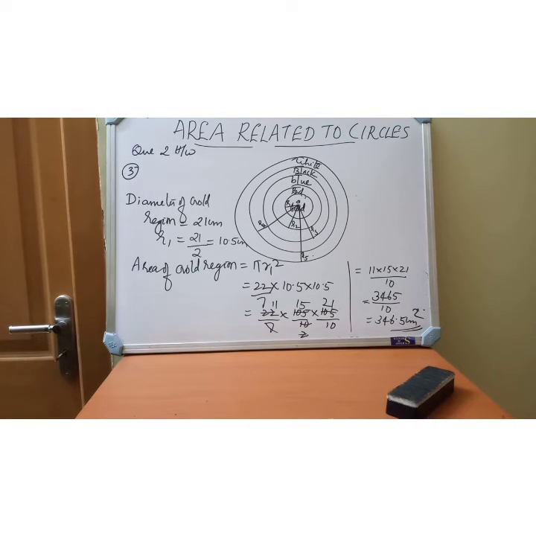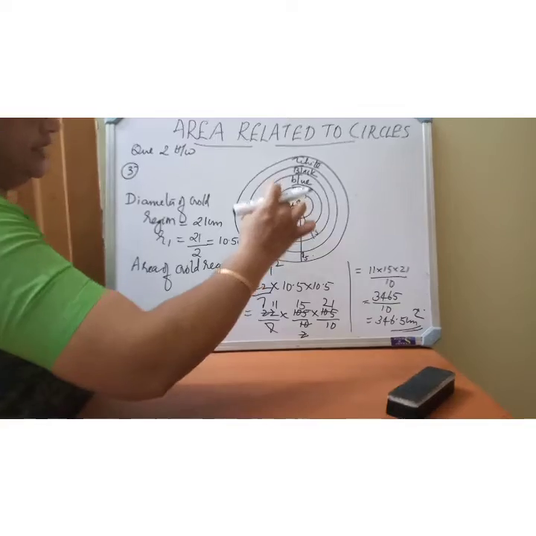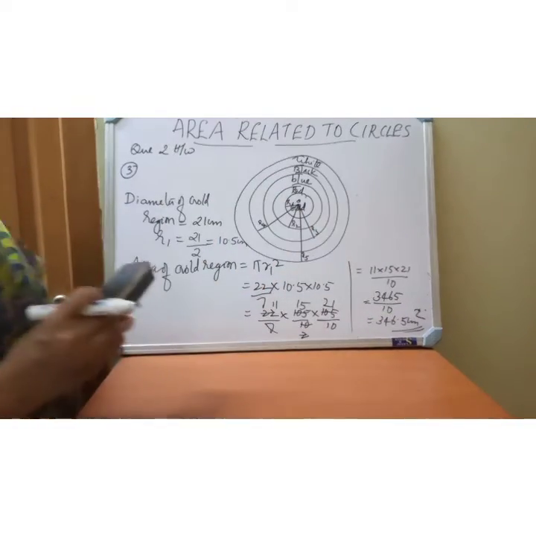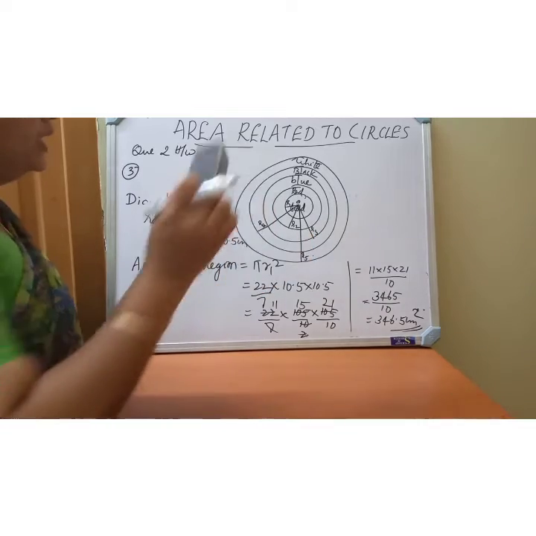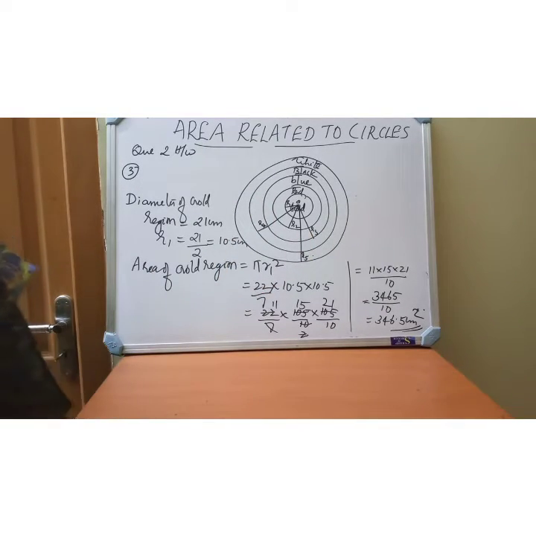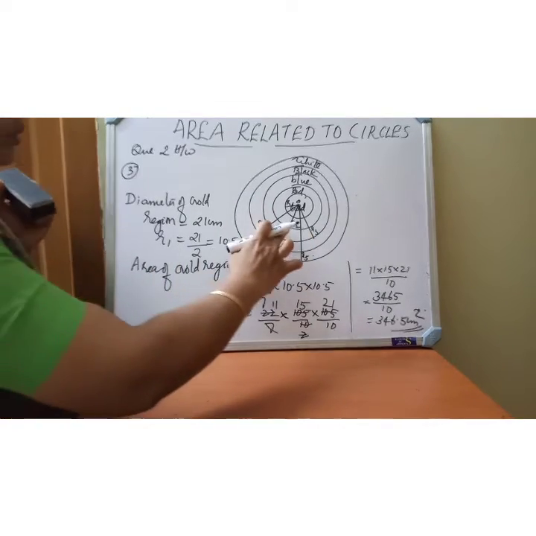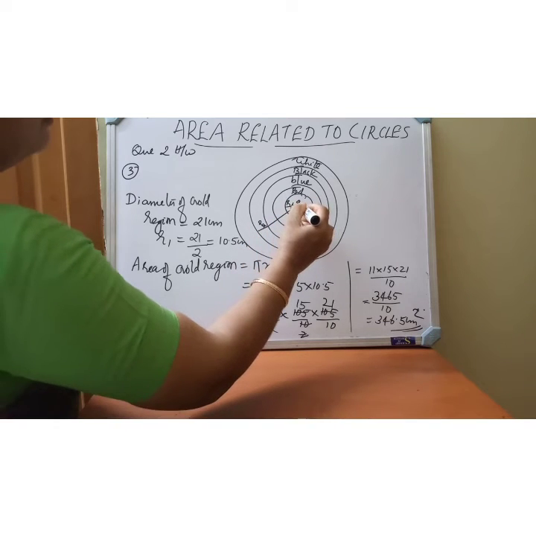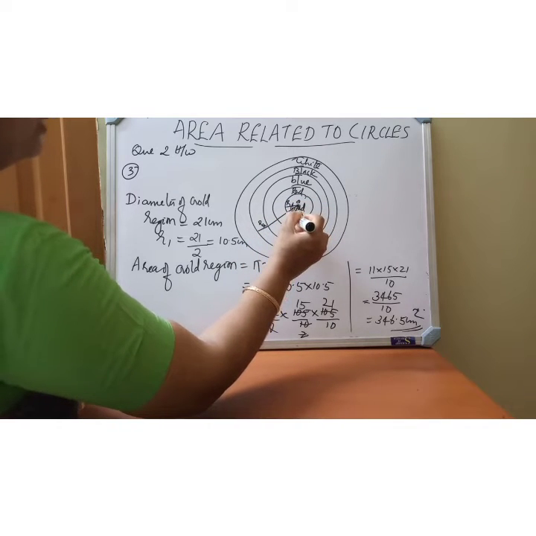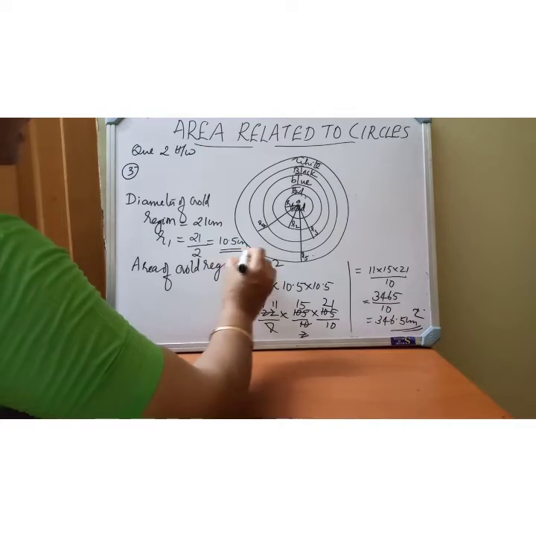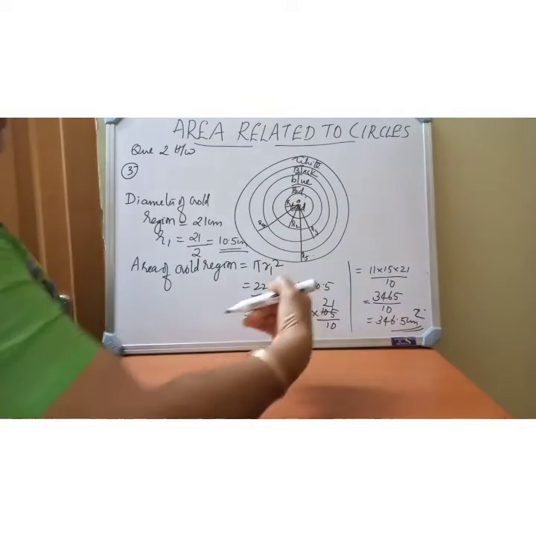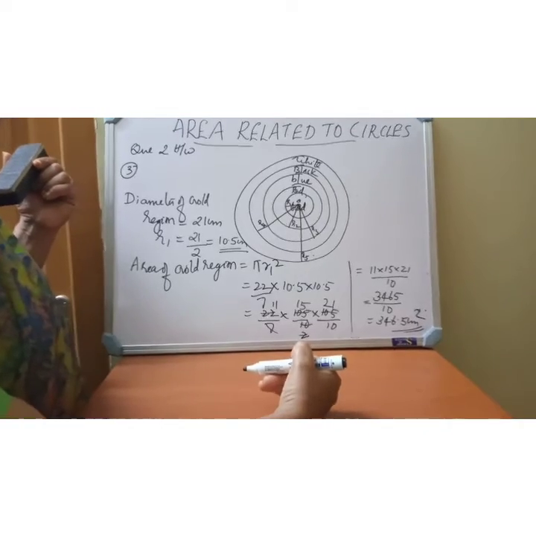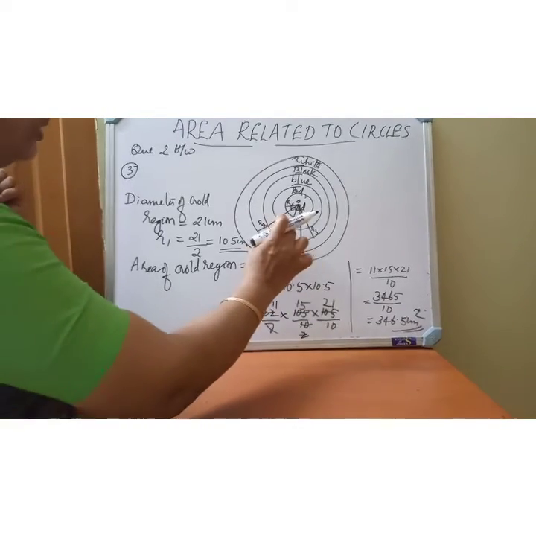Next let us see what is the area of the red region. Okay. So for finding the area of the red region we must know the radius R2. Okay. So R2, radius R2 is from center to this boundary, gold region's boundary, we are having the radius as 10.5. Then each width they are given as what? 10.5, isn't it? So what will be R2?